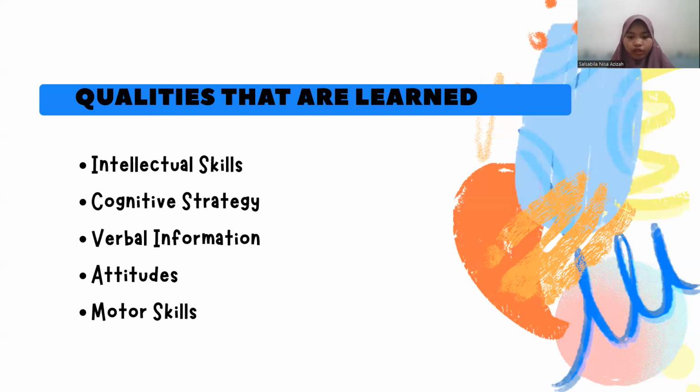And then is verbal information. Verbal information refers to the knowledge we possess, which can be stored as individual facts or interconnected propositions. And then is attitudes. Attitudes are embedded within a network of interconnected propositions organized according to specific situations. The last is motor skill. Motor skill, such as threading a needle, involves a central memory component called a motor program. This program becomes highly organized and automatic through external stimuli.